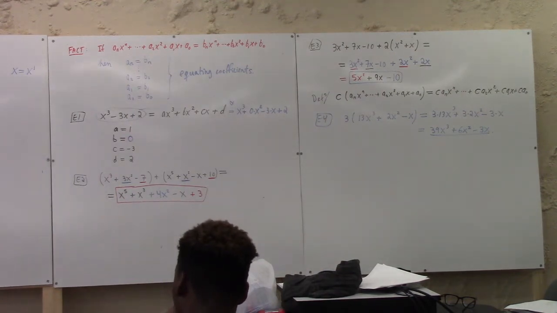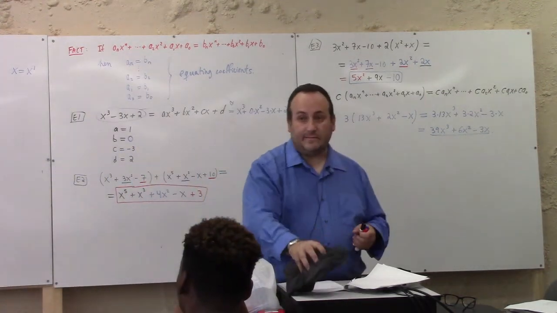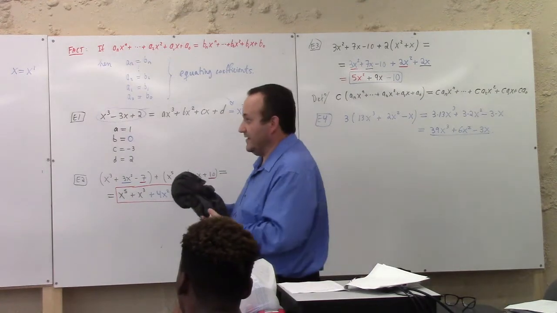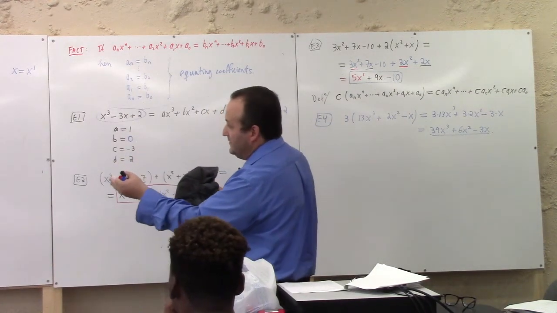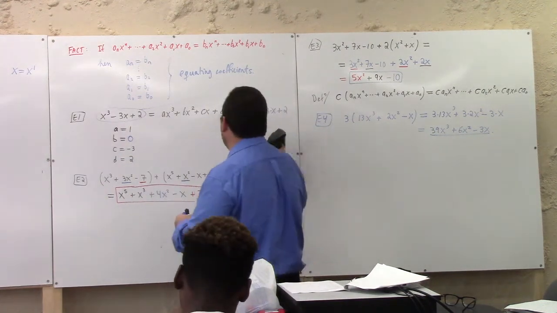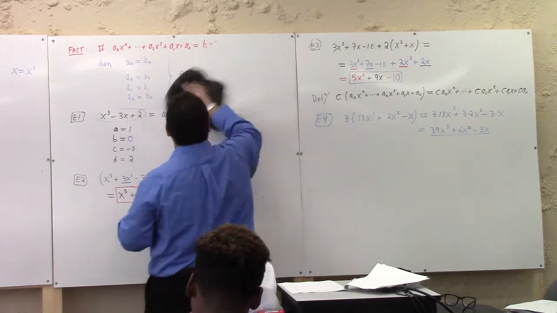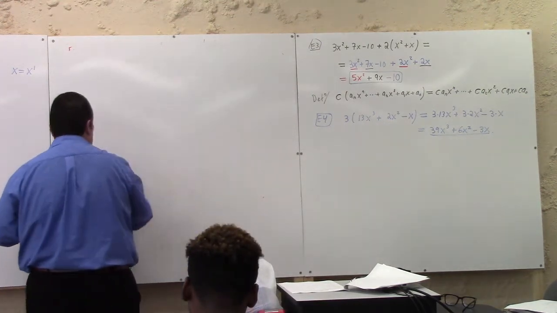All right, so the multiplications we've done so far have been pretty easy, right? Because we're just multiplying a monomial times a binomial, or a monomial times a trinomial, so we just distribute. What happens, though, and this is where we have to start thinking a little bit harder. How do we multiply,